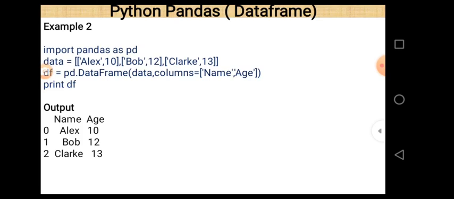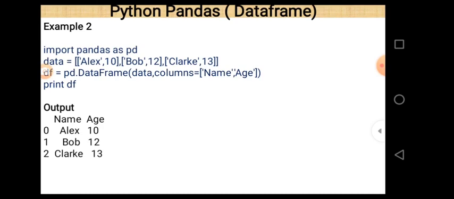Alex is marked within single quotes because it is a string, comma, 10 is a number, and these two values are written within a bracket, meaning they are part of a list. Similarly for Bob, 12 and Clark, 13. So these are three lists, and they are part of a single list, which means a nested list: more than one list passed within a single list.